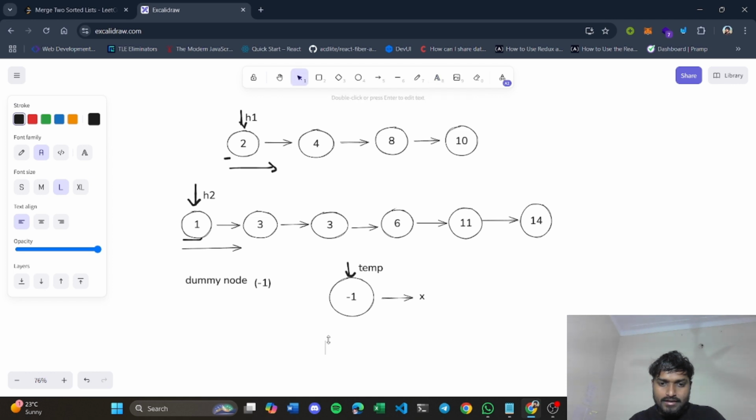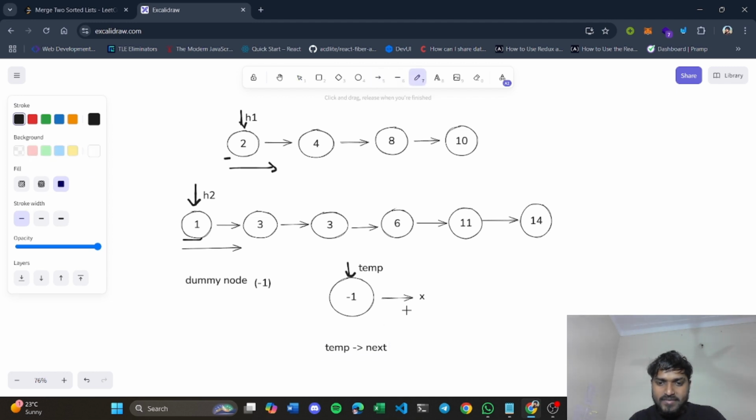What this pointer is basically representing is temp's next, right? Let me make you understand better. So this pointer is basically temp's next, right? You notice that one is smaller between 1 and 2, so you will basically point this pointer towards this one, right?